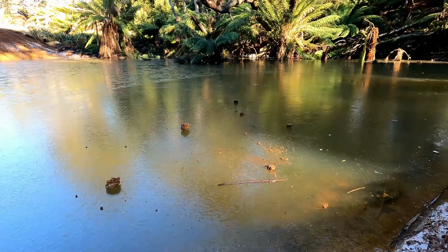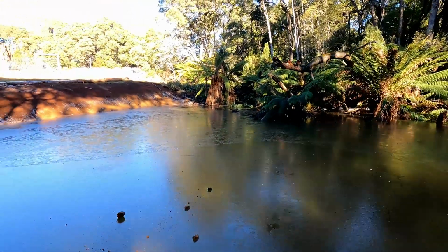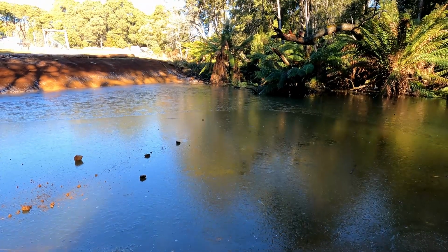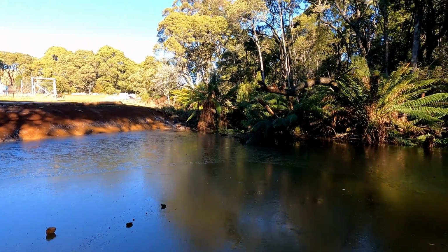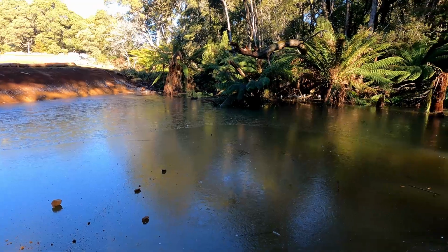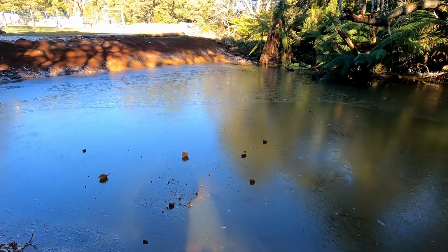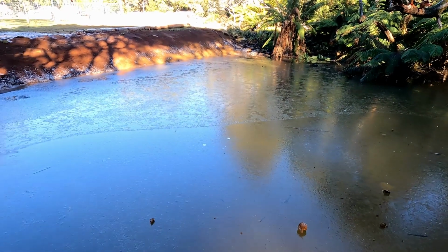So this ice is probably about 1 centimetre thick, I reckon. And I'll just find a small rock here. She's pretty solid. I better stop throwing rocks, otherwise Thor's going to try and run out there and get them. So yeah, she's pretty thick ice, and I'm thinking you might be able to just make out there's